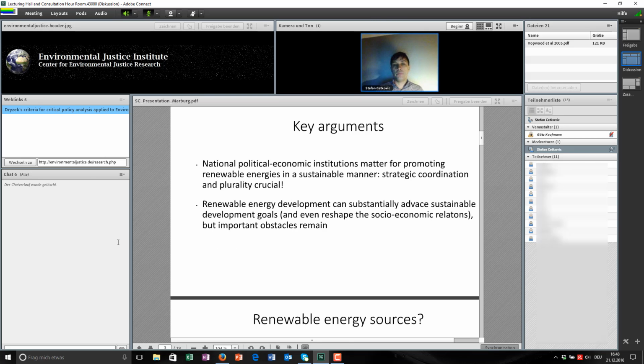Okay, so basically the key arguments that I will try to make in the presentation. The first argument is really a classic political science argument, where I will be trying to show you that national political economic institutions matter for promoting renewable energies in a sustainable manner. And here we have two key factors that we identified in the research. One factor is plurality of the political system. So we argue, and we'll try to show it afterwards based on concrete case studies, that